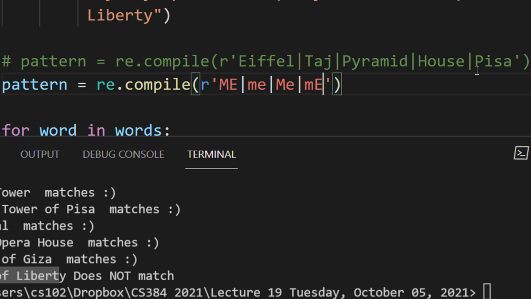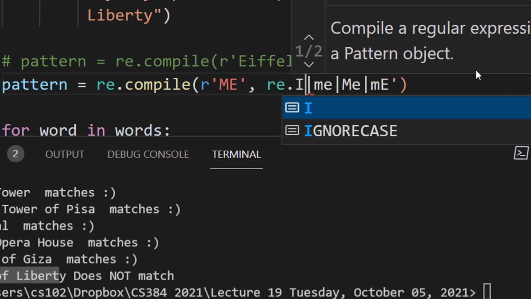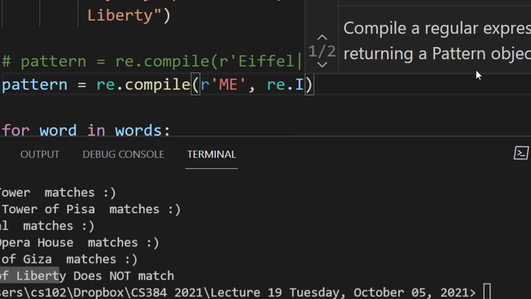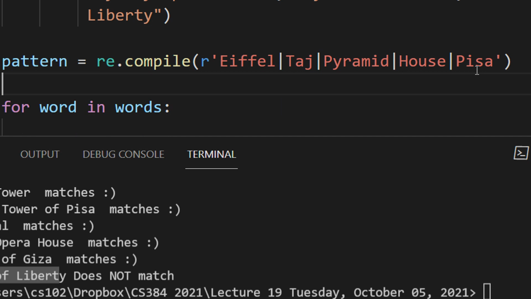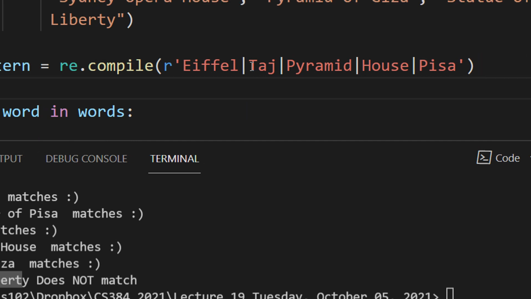In this case, mechanical is 2 characters, so 2 raised to 2, 4 possible combinations. So all the combinations of the roll number containing the ME substring will be matched. Obviously, I can just shorthand it as re.I. Of course, this is also a method, but this has its own usage. You can use either of them. So let me just erase this. I hope you get the understanding of how this OR operator is used.